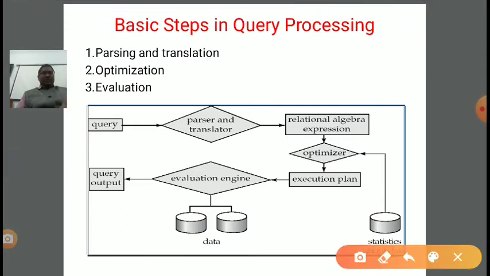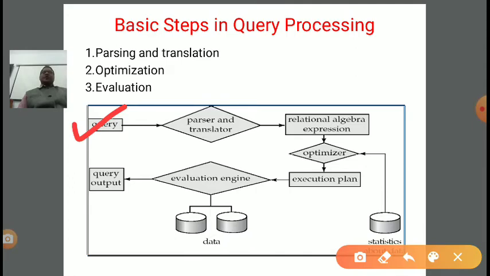So step by step, initially we have a query. Suppose I am taking an example. I have a relation customer, and I want to make a query that gets the names of all the customers from the customer relation, right? So how to write this in SQL?